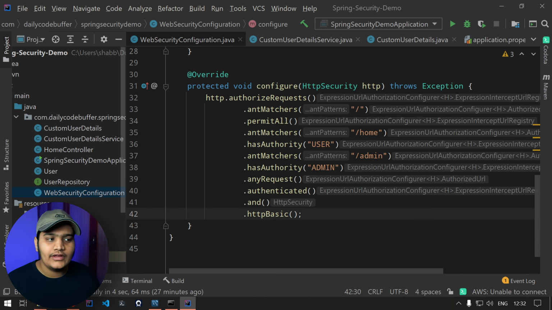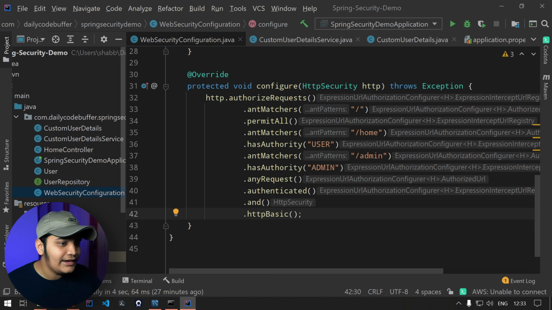So what we did over here is we took the control from the Spring Security itself for authentication, and we are giving this particular authentication ourselves: any request going to the /home page, which is our home, should be permitted. Everyone should be permitted to go to the home page. And if you are going to the /home API, only a user with the user role should be allowed. If you go to the admin API, only a user with the admin role should be allowed to access that particular API. So this is the configuration that we have provided over here.